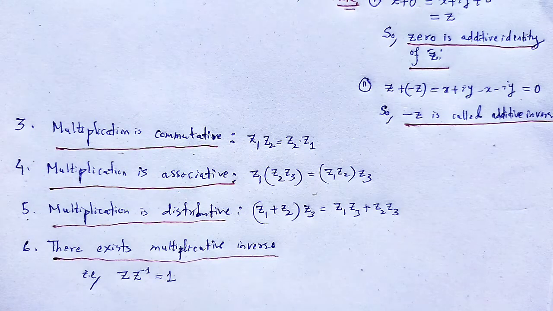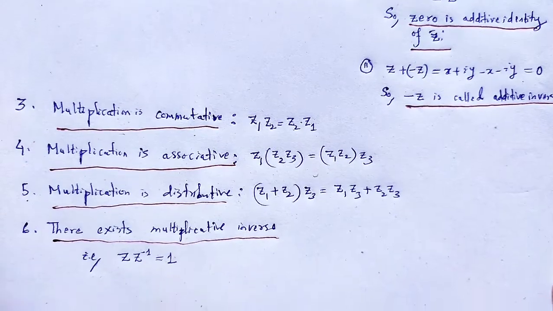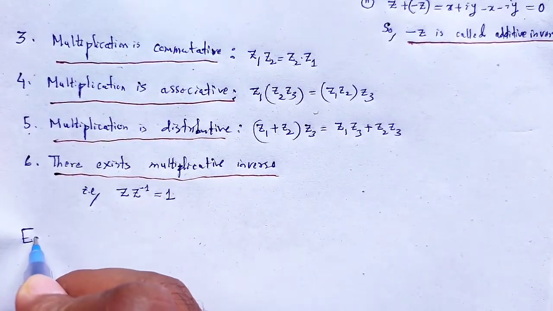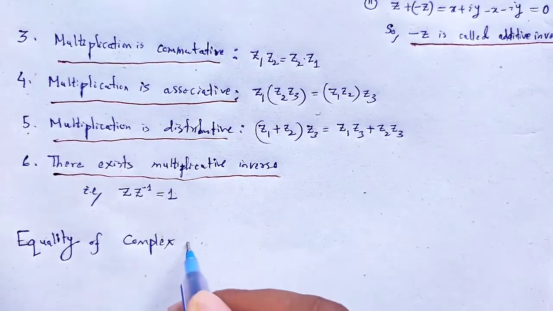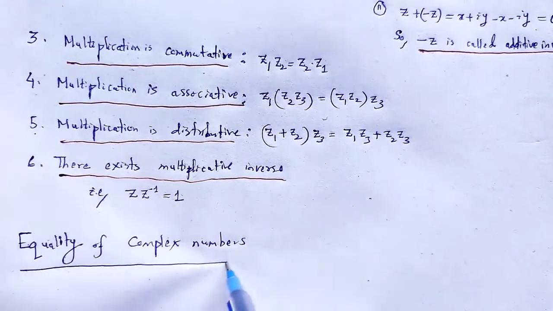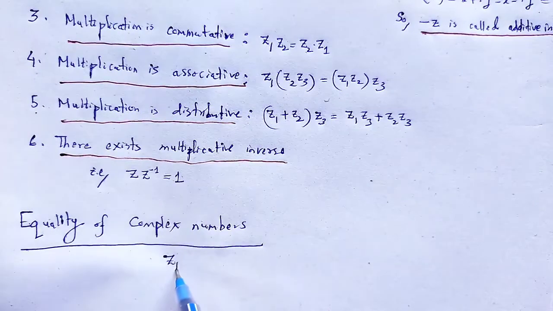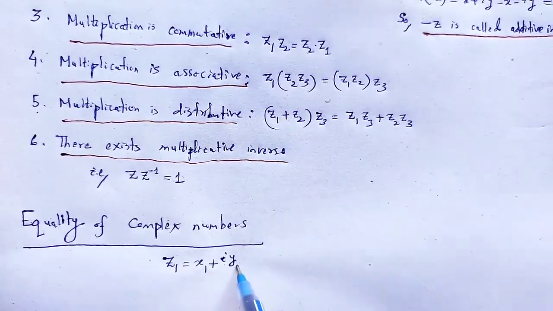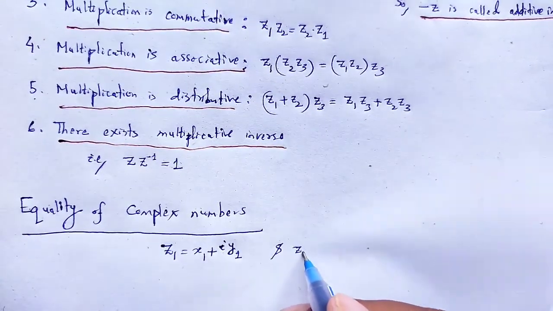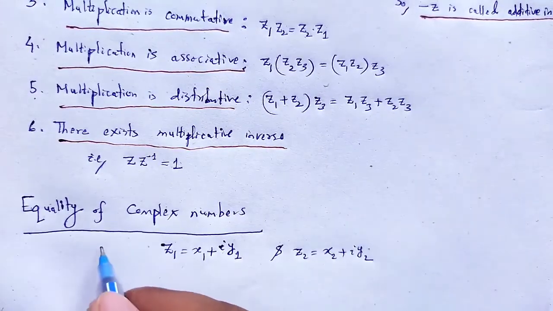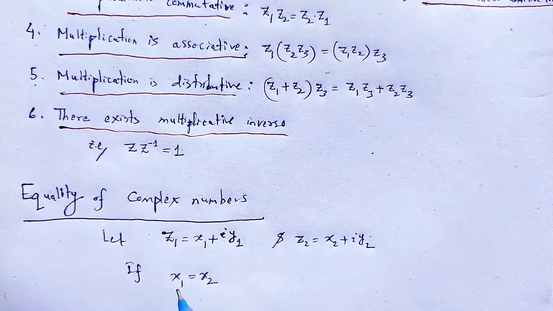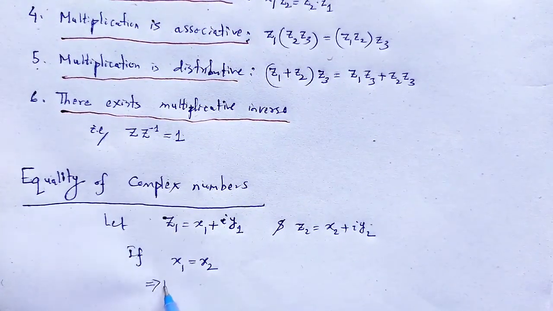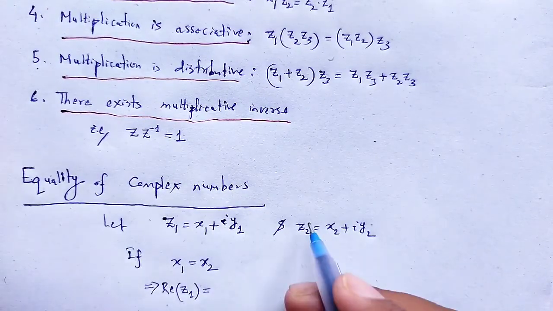Another topic: in which condition are two complex numbers said to be equal? So, equality of complex numbers. Let me take two complex numbers as Z1 is equal to x1 plus i y1 and Z2 as x2 plus i y2. If we say x1 is equal to x2, meaning the real part of Z1 is the same as the real part of Z2,